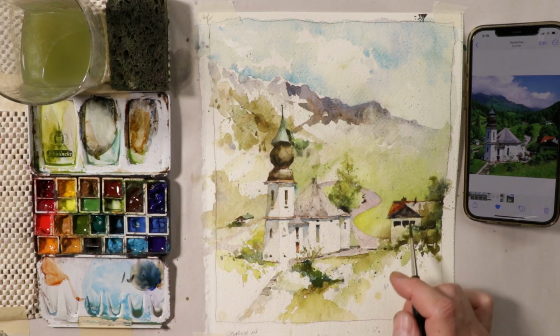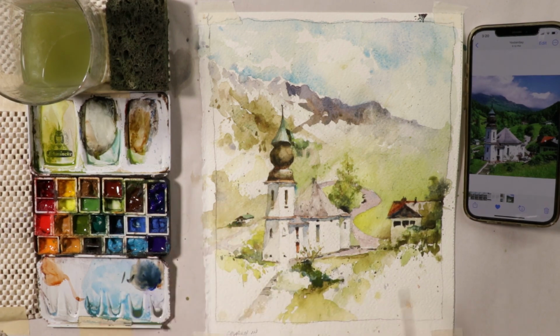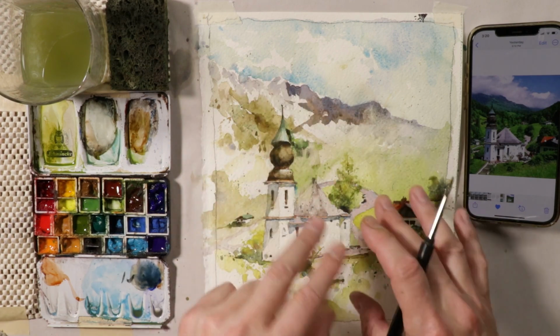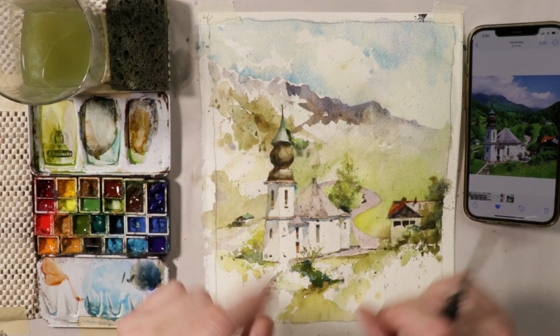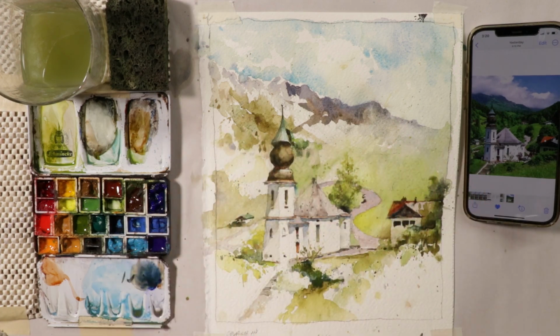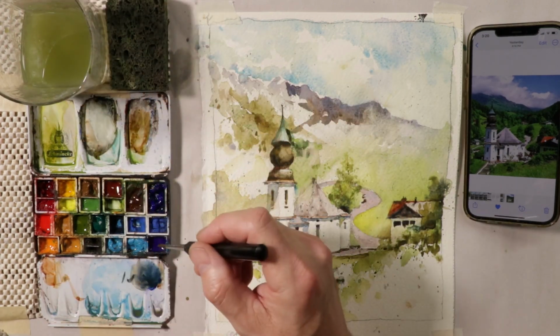The church, the house over here, there's another house over here, a cottage type thing. Then we have this beautiful mountaintop over here. So we look up over here a little bit. So we have lots of interesting things we can look at in this painting. And then we leave the other areas relaxed and not really too filled in with colors or details or things like that. So the last thing I'll do is purple and...